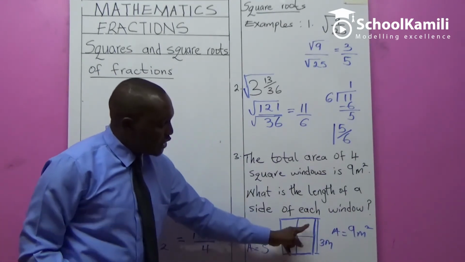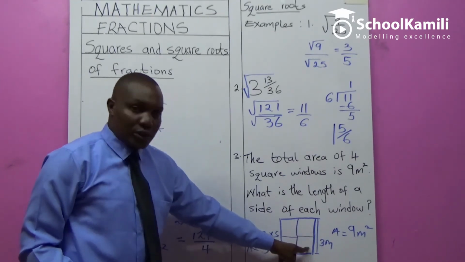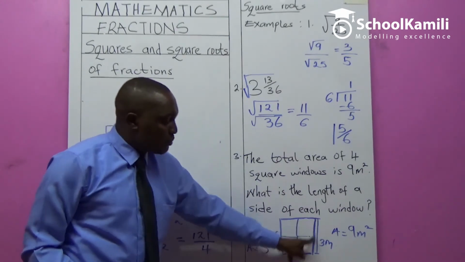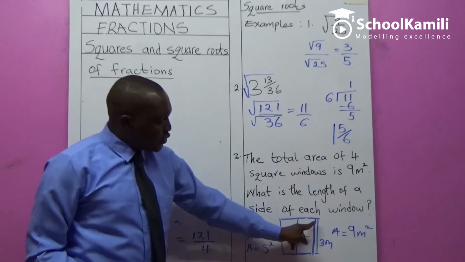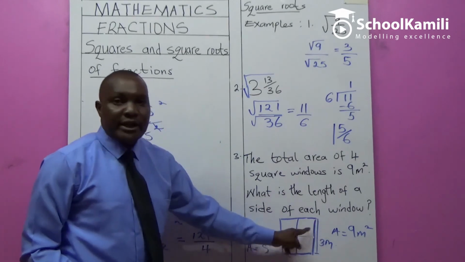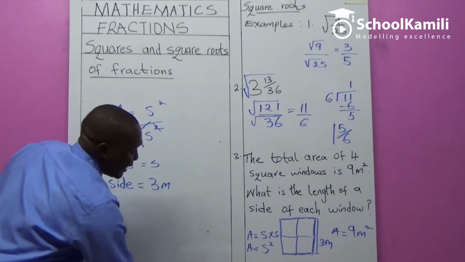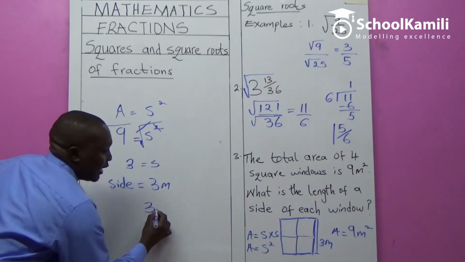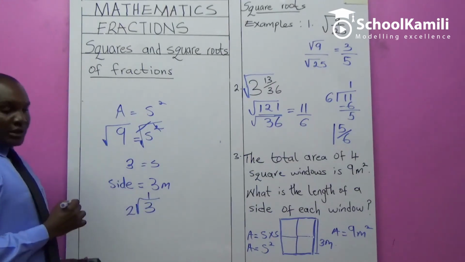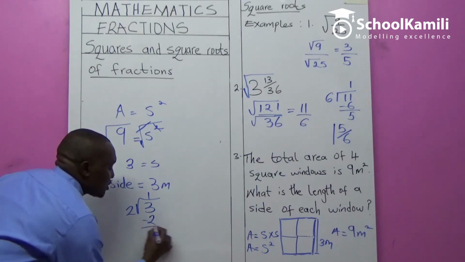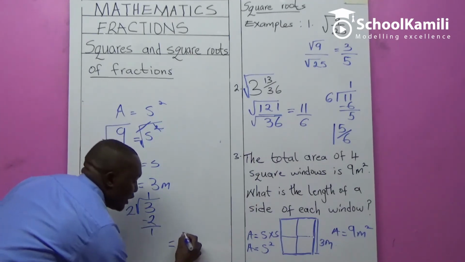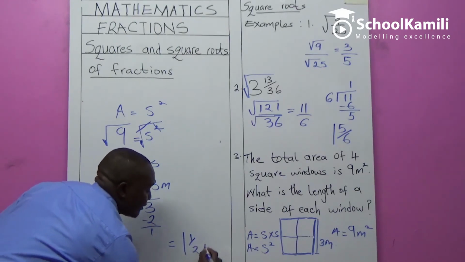On this side you can see we have how many windows? These are 2 windows. And these 2 windows, their length is 3. Now if it is 1, what will be their length? Which means for you to get the length of one window, you are supposed to get these 3 divided by 2 to get the length of each side of the window. So we'll have 3 divided by 2. 2 goes into 3 how many times? 1. Because of 2 subtract gets 1. It means each side of that one window is